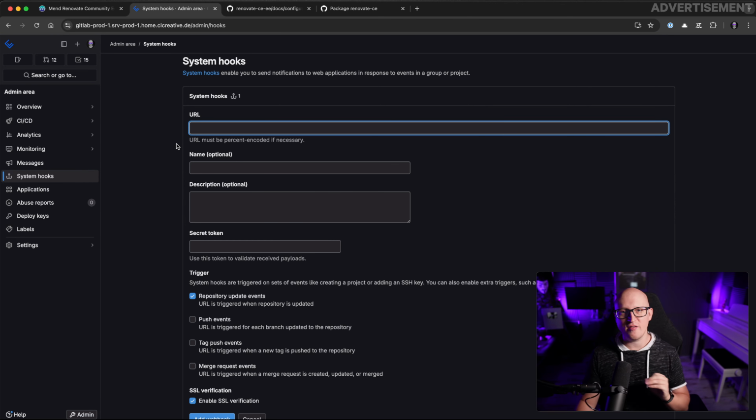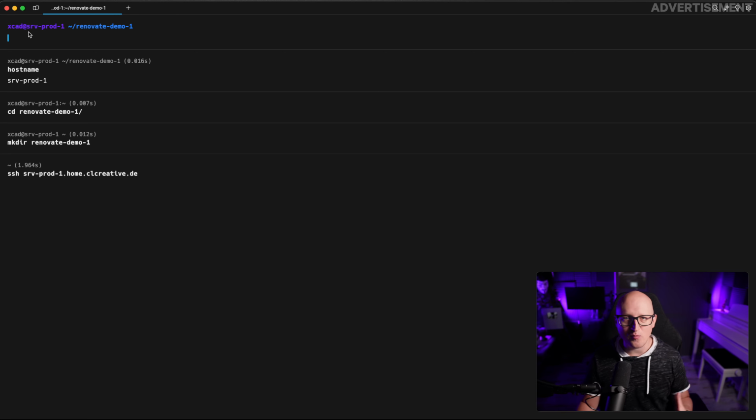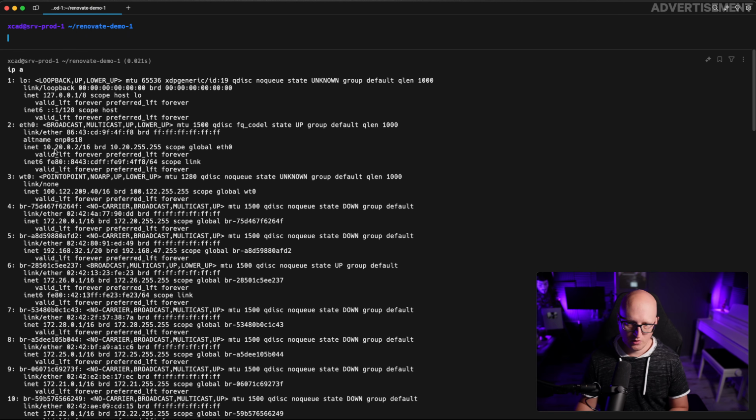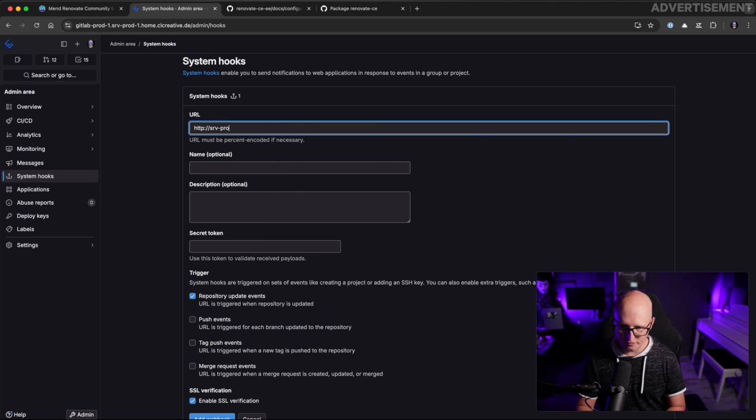Here we need to enter the URL of our Renovate bot. So this usually is the name, the IP address, or the DNS record that points to the IP address of the server where you're deploying the Renovate application. So here I could use this IP address, or I simply use the DNS name of my server. And let's select HTTP server